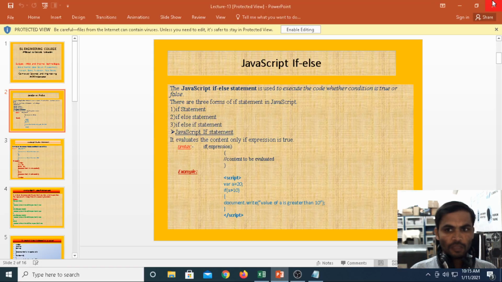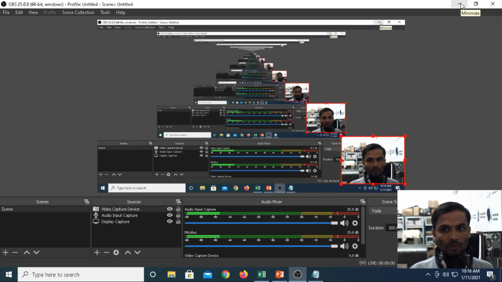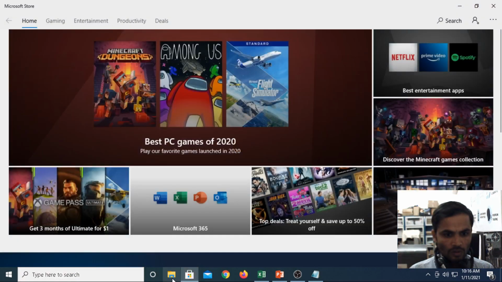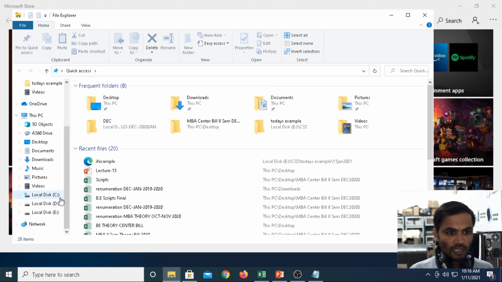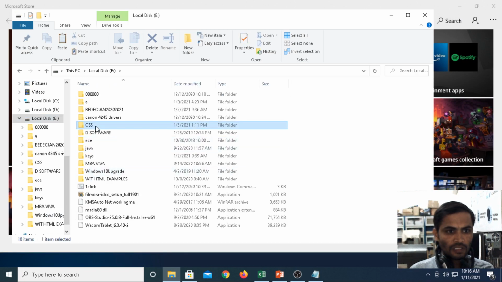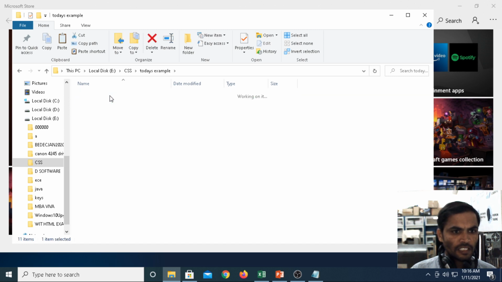Now, to run the program, we go to your folder, under E CSS, under C CSS, under today's example.